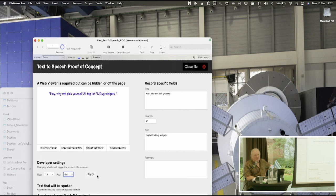All those things change and they work on the iPad and on the Mac. However, if you change the region, you'll get...